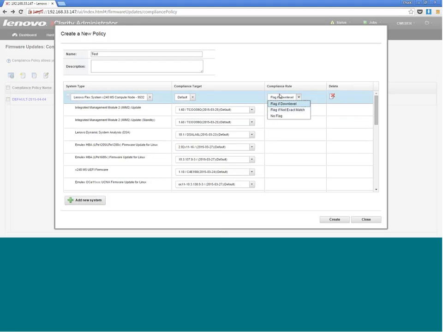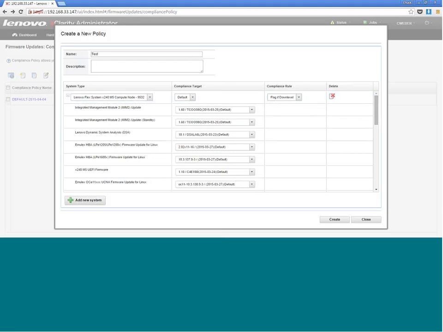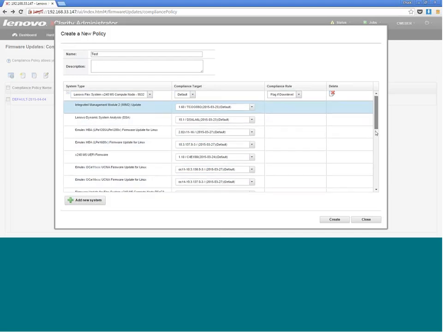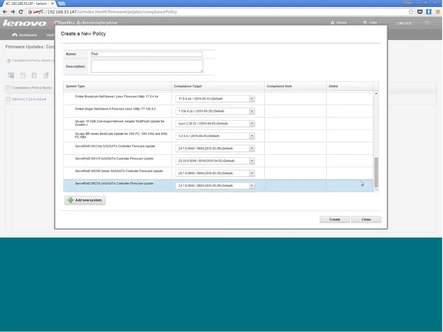And then you can choose what's the compliance rule. If you want to flag it as down level, flag if not an exact match, no flag at all. And then you go through and you actually choose the individual updates that you want it to be at. And that'll depend on what firmware you have in your